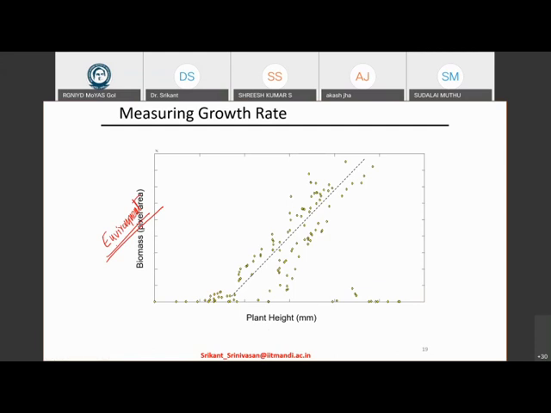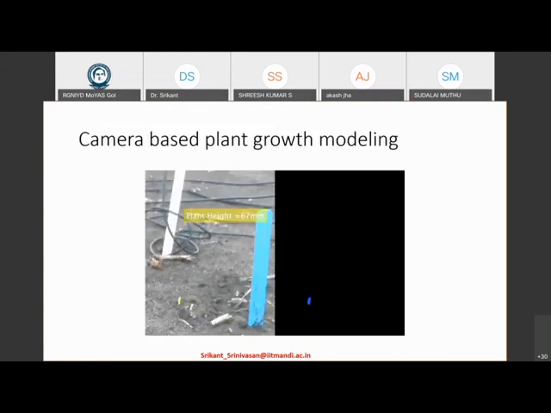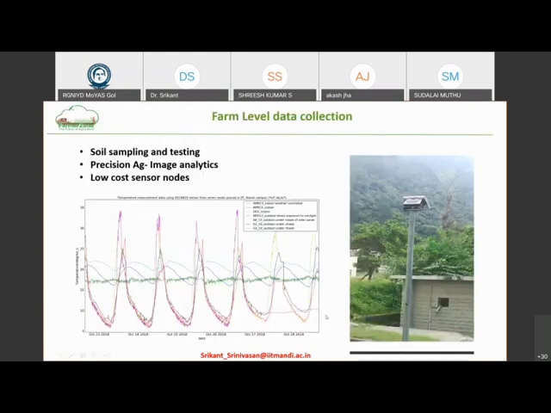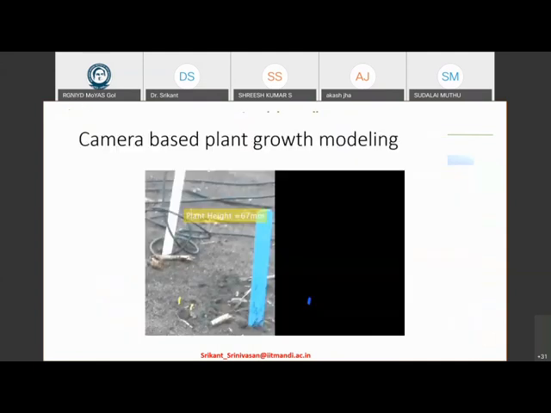So now I can grow many varieties in this region. I can grow multiple varieties of plants. I can have these weather stations. Using the weather station, I can figure out the local climate. Using the cameras, I can figure out the response of the plant to the climate. And then using data science, I can correlate the growth of the plant with the local climate, and I can correlate the local climate with the reading of the global IMD weather station. So finally, if I'm able to create these models, then wherever the farmer is, just using the IMD weather data, he can directly predict what his yield is going to be in the future.